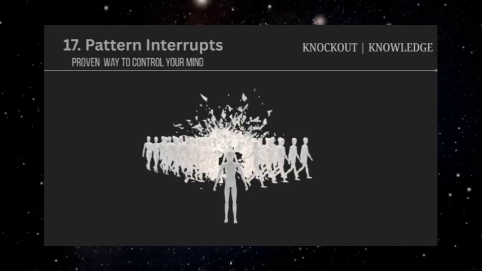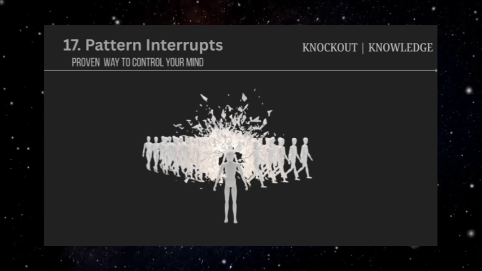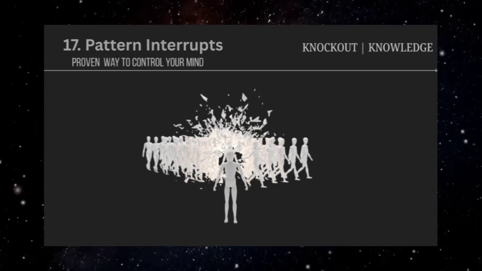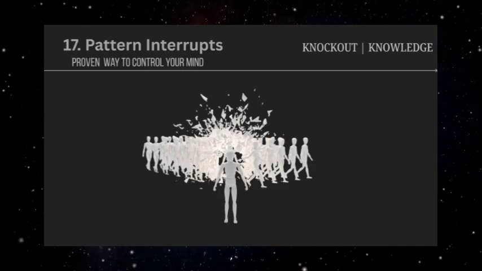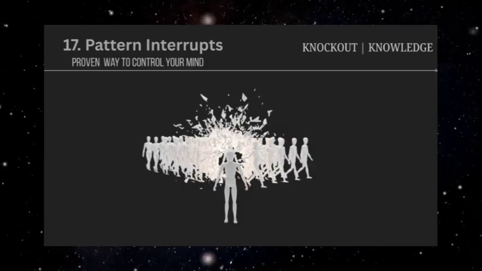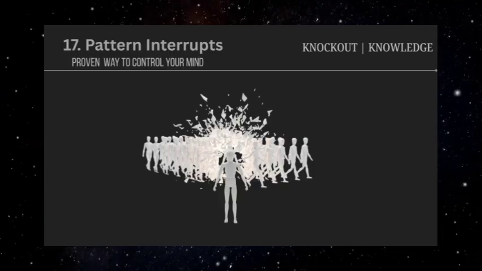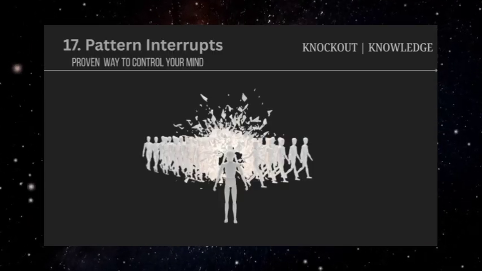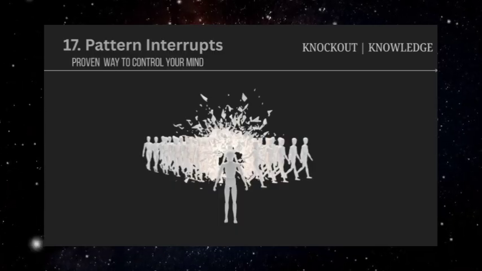What makes pattern interrupts particularly effective is that they often seem accidental or natural rather than deliberate. The person experiencing them usually doesn't recognize that their thought process has been intentionally disrupted. They simply notice that they've lost their train of thought or feel confused about what they were saying, making them more likely to accept guidance about what to think or do next.